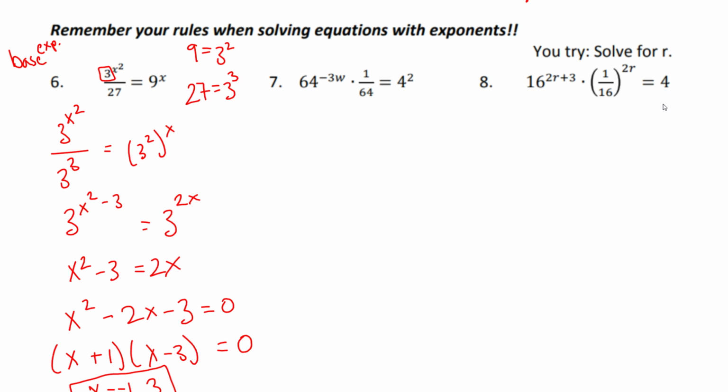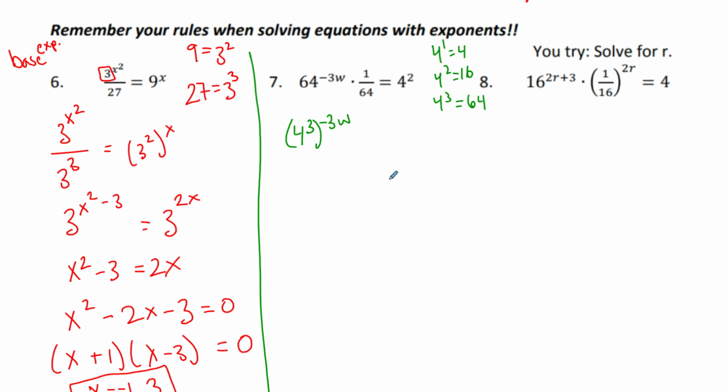Moving on to number 7. So number 7, we have some 64s. I have a 4. So I'm going to do the same thing. I'm going to put everything in base 4 because 4 is the smallest base that I can see. So let's see. 4 to the 1 is 4. 4 squared is 16. 4 cubed is 64. So anywhere I see a 64, I'm going to substitute 4 cubed. Okay, times 1 over 4 cubed